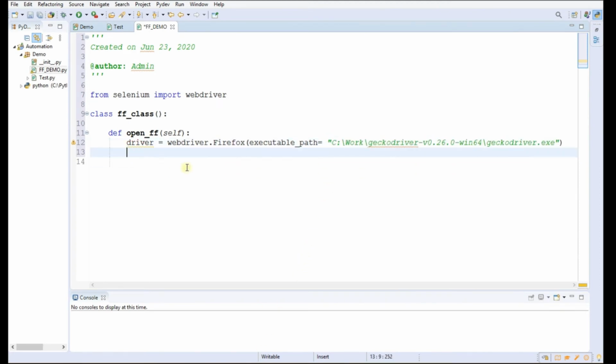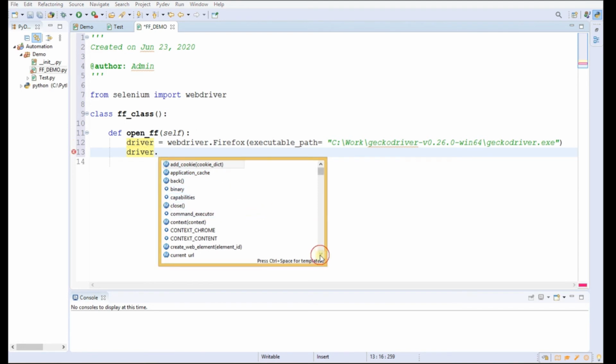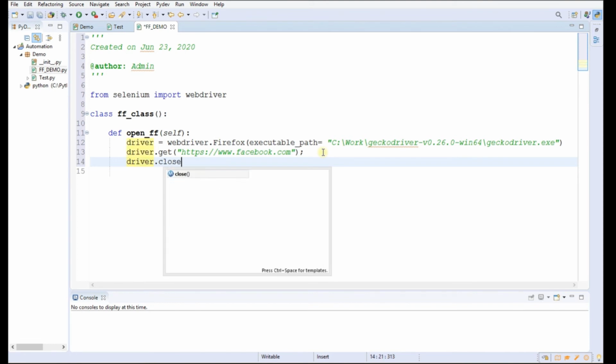Now to open the URL we have to write driver dot, and these are all the functions that are present for this WebDriver object, right? For opening a URL we have to write get, and the URL we have to specify. So let us give the URL as www.facebook.com, and at last we will write driver.close, right?